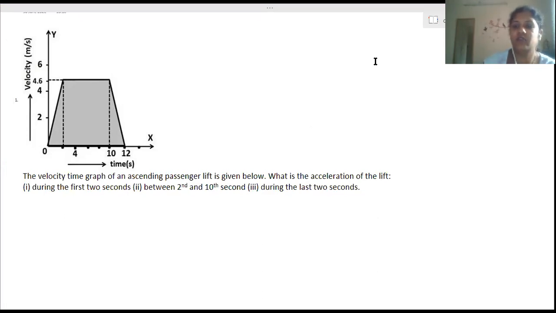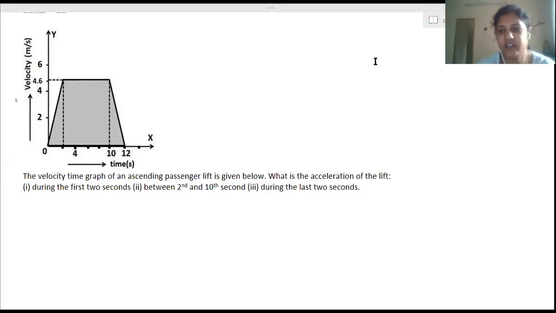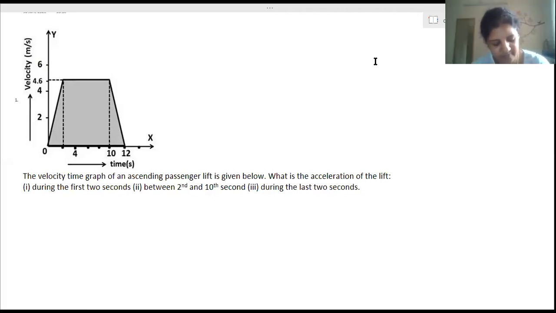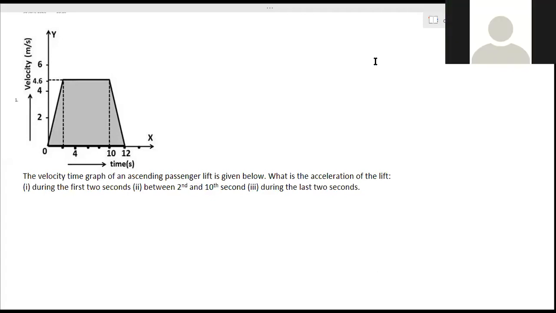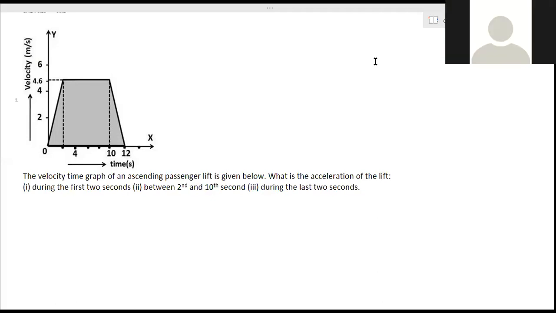Akshaya, do you know how to solve this? Ma'am, I wasn't there in the last class. And why were you absent? Ma'am, I wasn't well. You should inform me when you are not attending the classes. Yes, ma'am. Tell your parents to inform me. Yes, ma'am. Okay, ma'am.